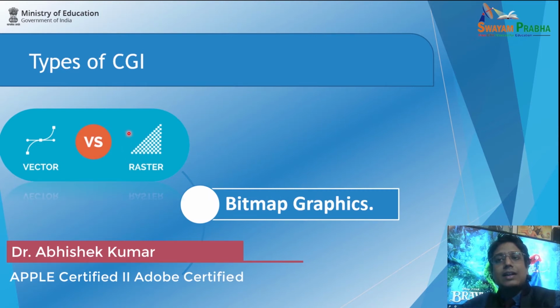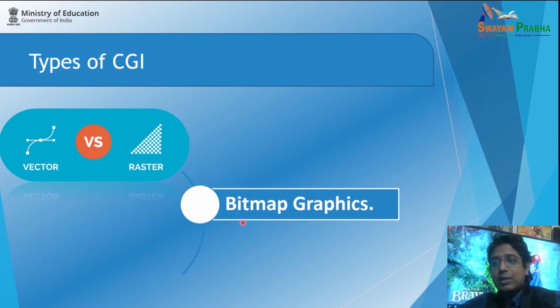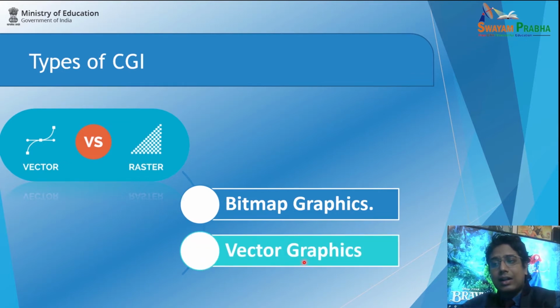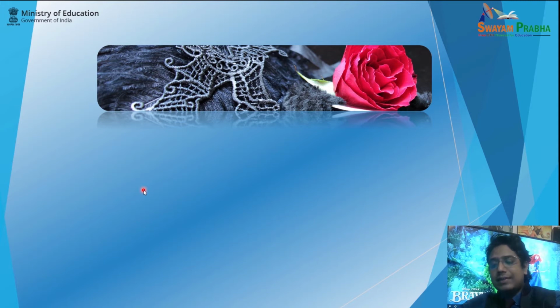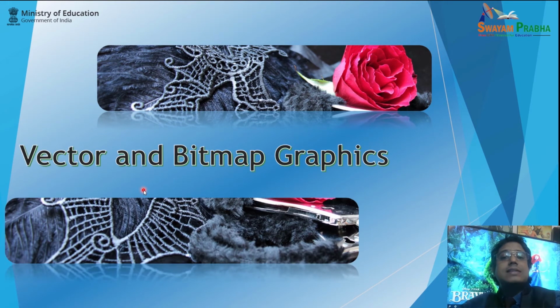Here we can define computer graphics into two categories. One is bitmap graphics and second is vector graphics, right? Bitmap graphics is also sometimes known as raster graphics. I hope the fundamentals are clear. Bitmap graphics are made up of small pixels, and vector graphics are made with the help of mathematical tools and algorithms. Whenever we zoom in, zoom out, or extend vector graphics, they never get pixelated. Vice versa, bitmap graphics or images do get pixelated. I will discuss all these things in depth in a coming slide.